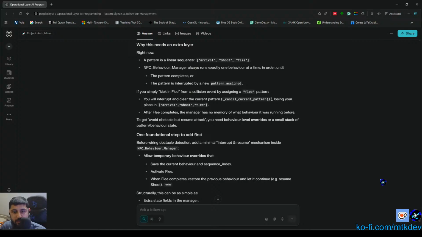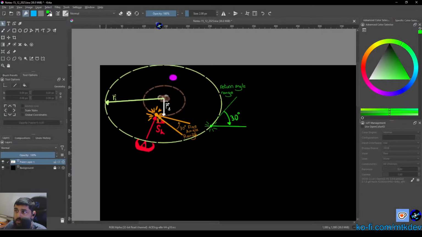Yes, that makes sense. Right? So there needs to be a difference between pattern or other behavior cancelled and behavior interrupted. There needs to be that distinction. And that distinction happens in the tactical layer. So if I go back to Krita for a second and I open